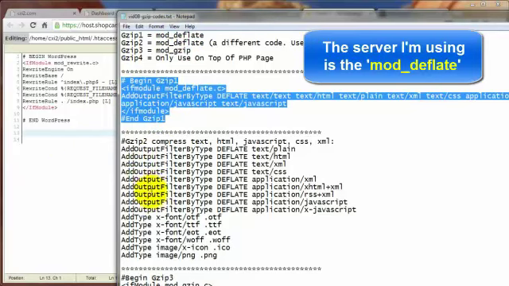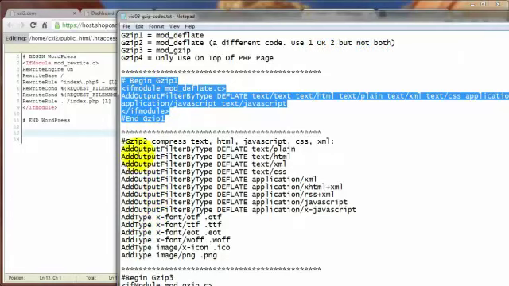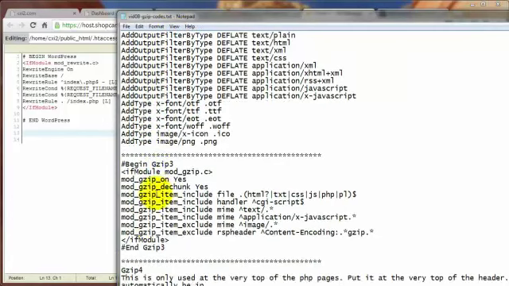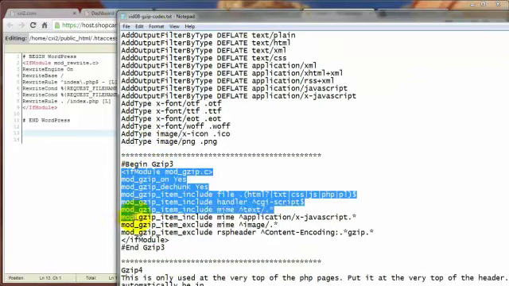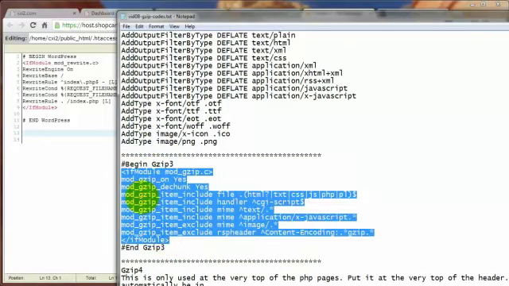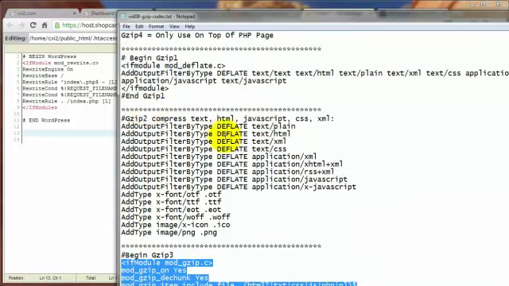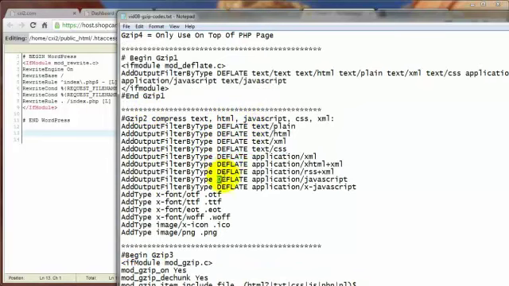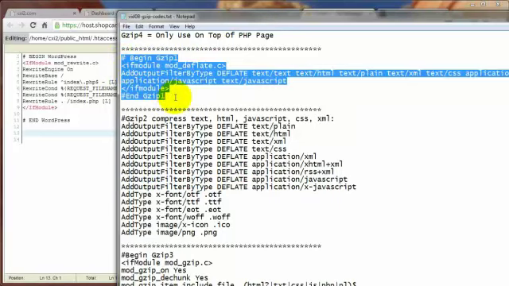And I've got these two codes here. Both of these will work for the mod_deflate, and then down here, I've got a code right here that will work for the mod_gzip. And you can kind of tell that this one is mod_gzip, and this one here has got the deflate in there all over the place, and this one here is mod deflate. So these two will work if it's mod deflate. So let's go ahead and just copy all this in here